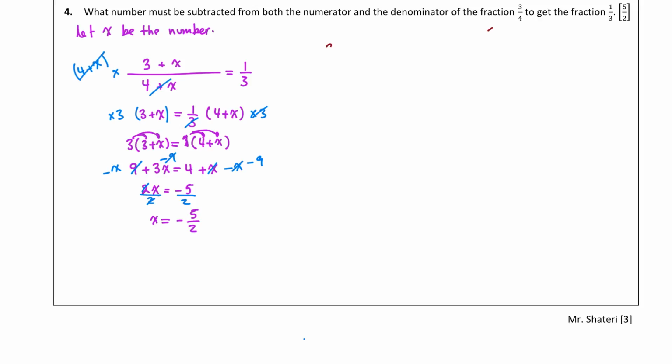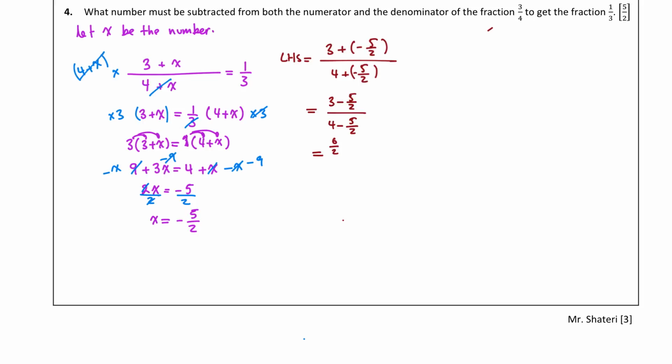I will get 3 plus negative 5 over 2 over 4 plus negative 5 over 2. And this is my left hand side. And this means I have 3 minus 5 over 2 on the numerator and 4 minus 5 over 2 on the denominator. Get a common denominator of 2